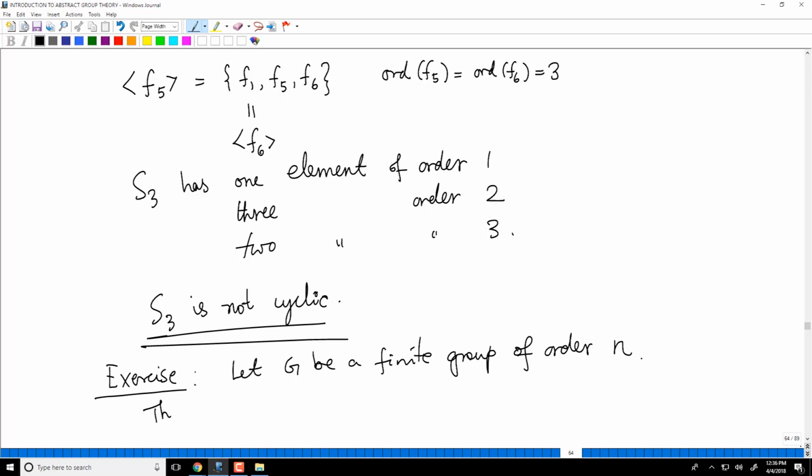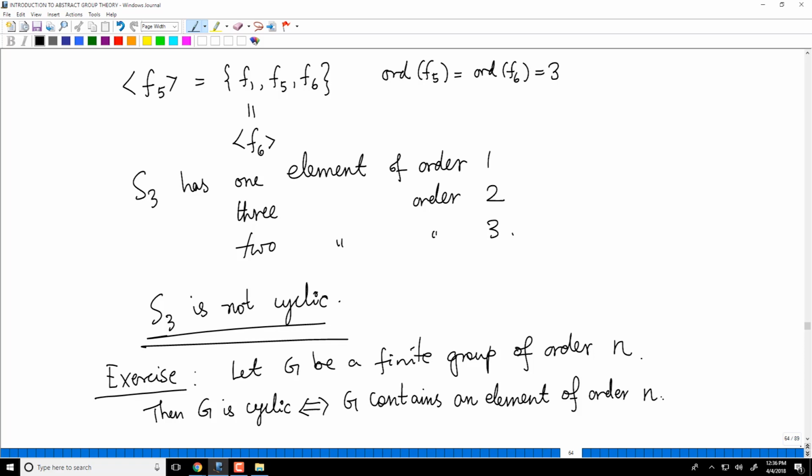Then G is cyclic if and only if G contains an element of order n. Because remember, G is cyclic means G must be equal to the subgroup generated by some element.